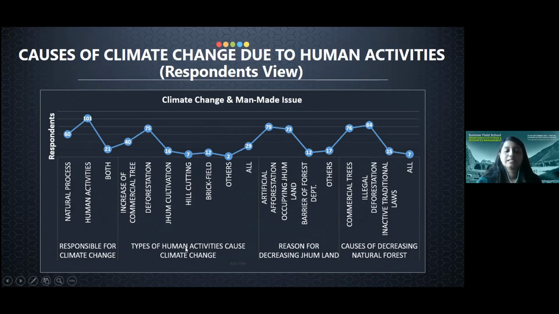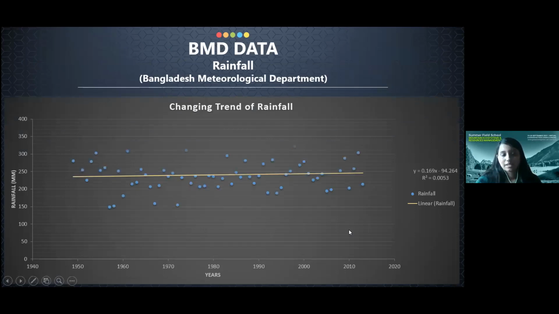We have identified some activities which cause the climate change, mainly human activities like encouraging commercial tree plantation, hill cutting, brick fields, and there are also changes of jhum cultivation and natural land decreasing also. Here I am showing the